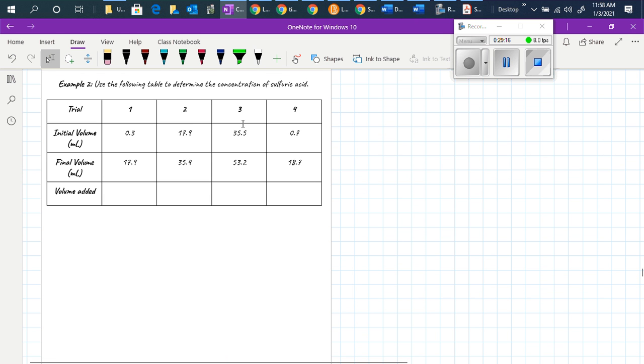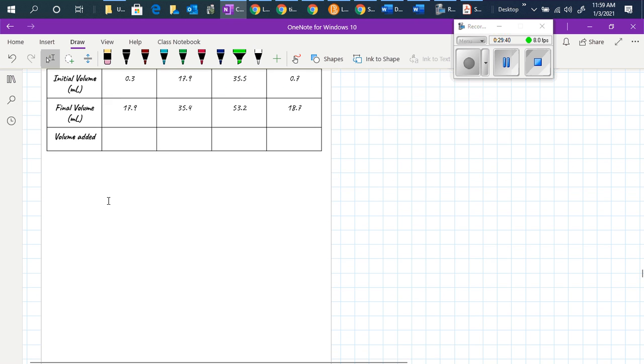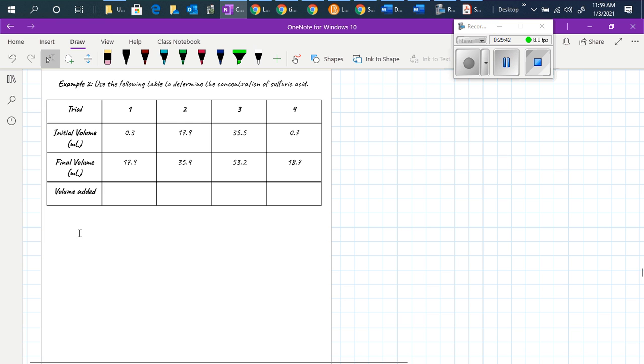So even in this case here, use the information to determine the concentration of sulfuric acid from the titration. So what do we have with lithium hydroxide to determine the concentration of sulfuric acid? So we have to add more information here. So now what we have here is